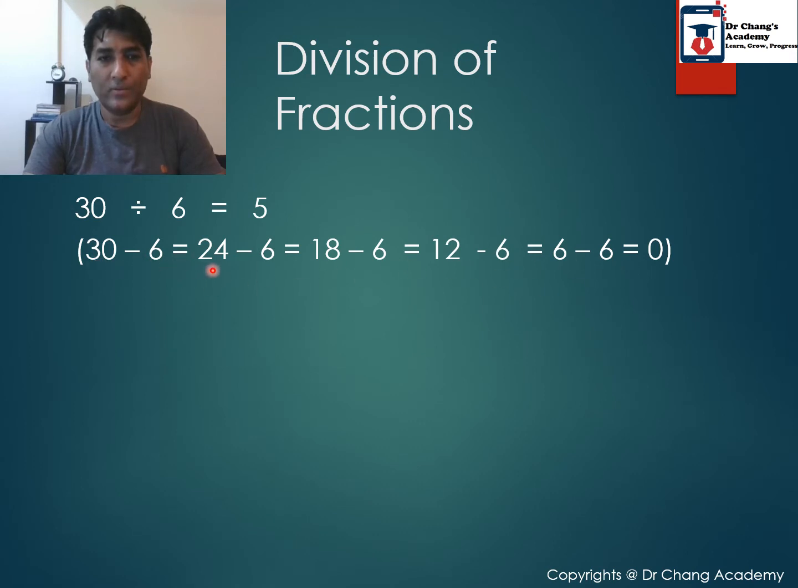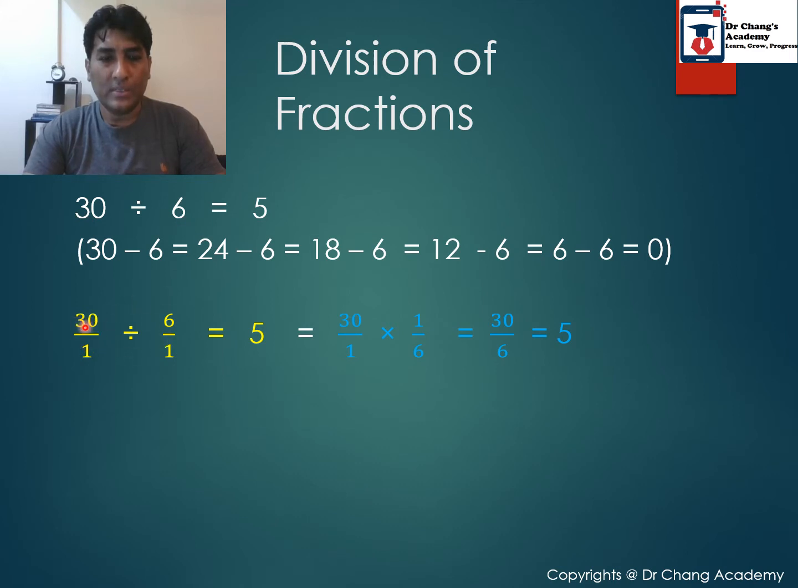30 minus 6 is 24, 24 minus 6 is 18, minus 6 is 12, and 12 minus 6 is 6, and 6 minus 6 is 0. So if we count 1, 2, 3, 4, 5, we have subtracted 6 5 times. Okay, and when we put a table, we say 5 times 6 is 30. We actually mean this. But let's build on this. So we can write 30 divided by 6